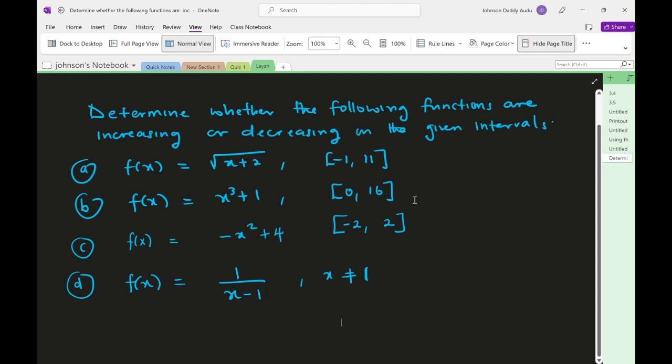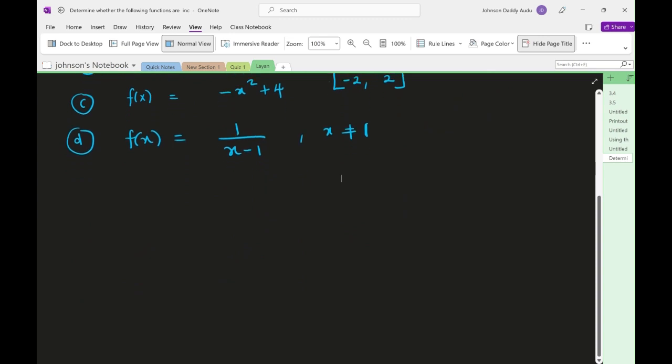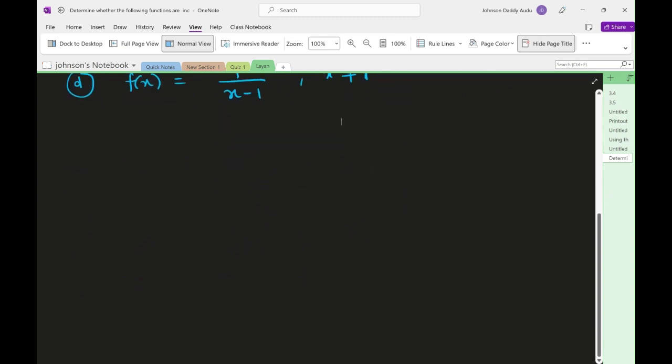Hello viewers, in this video we'll be looking at these problems: how to determine if a function is increasing or decreasing in a given interval. We have about 4 questions here, 4 functions, A, B, C, D. So let's start with the first one. I'll be using about 3 methods. So to answer A,